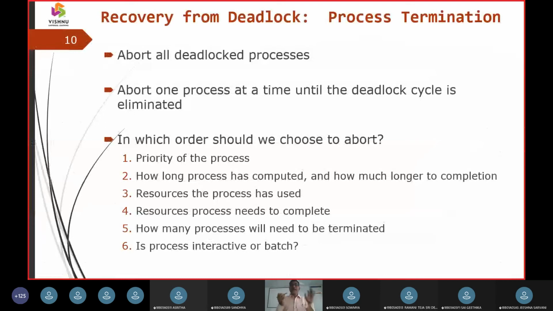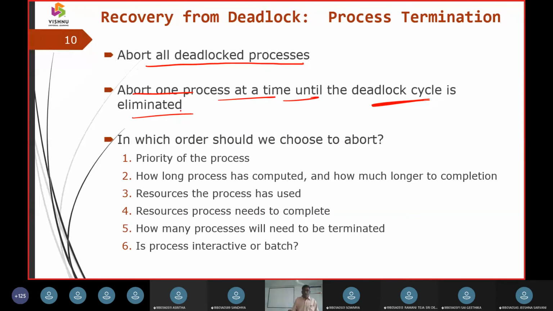This is the justification I am expecting you to understand here. When a deadlock occurs, the general solution was to abort all the processes that are going to create the deadlock, or restart the mobile or the laptop. But another solution is that you should identify the cycle where the deadlock is going to occur, and abort one process after another until the deadlock cycle is eliminated.